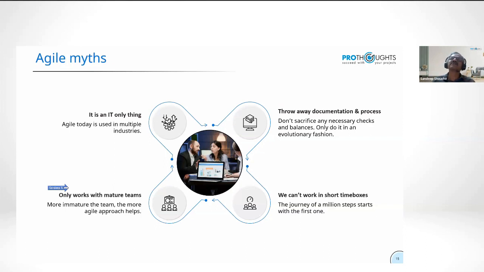In fact, if you had an immature team, would you prefer that they work on one product, one project for months, years, and then realize that you are in a deep trouble? Or would you like to see a demo every 2 weeks, weeks, not months, that I know what is going on? The more immature your team, more you need Agile, not less.